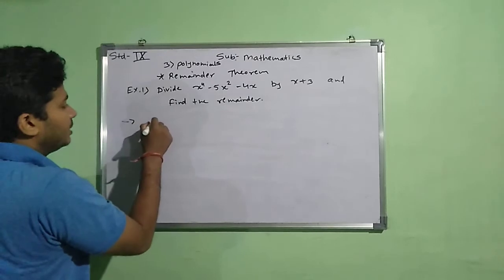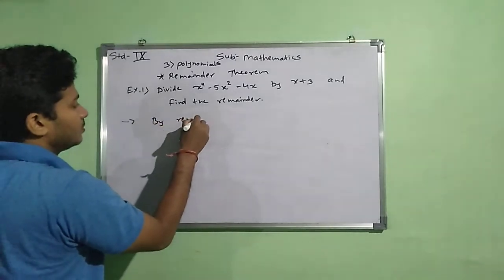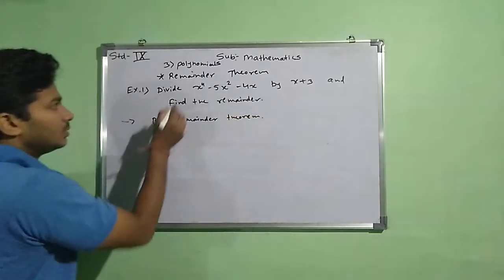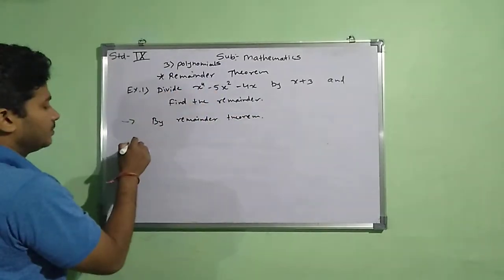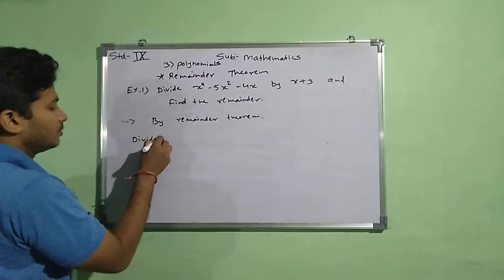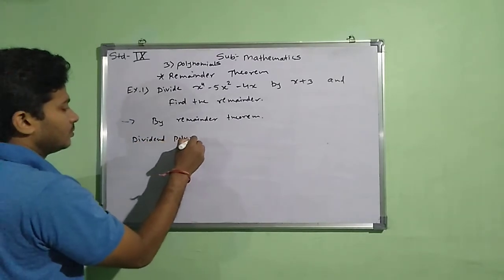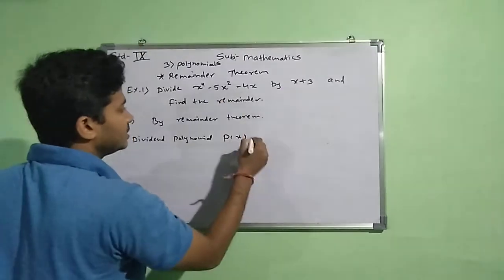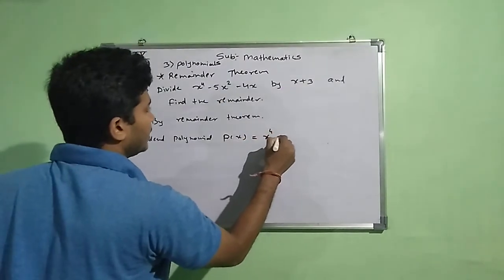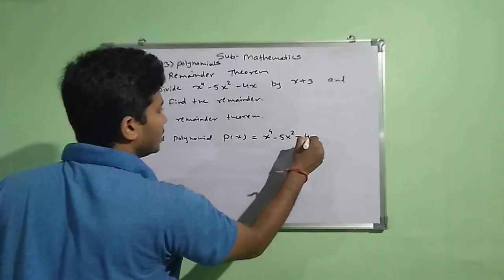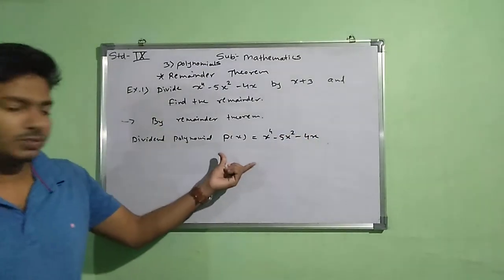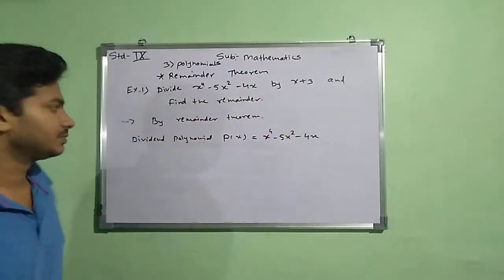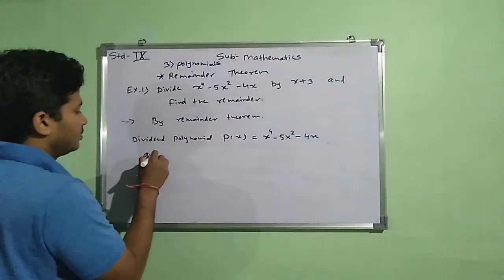So by the remainder theorem, the dividend polynomial p of x is x raised to 4 minus 5x square minus 4x. This is our dividend polynomial, and x plus 3 is our divisor,